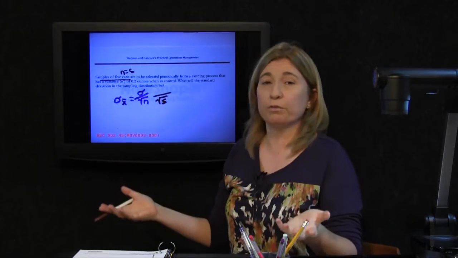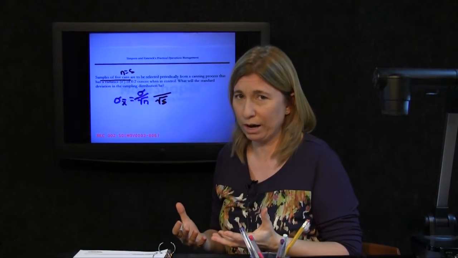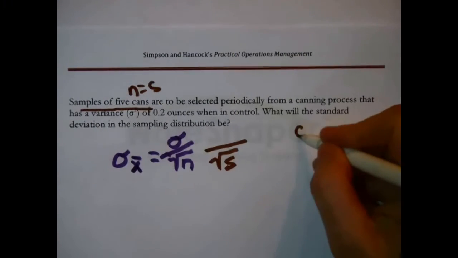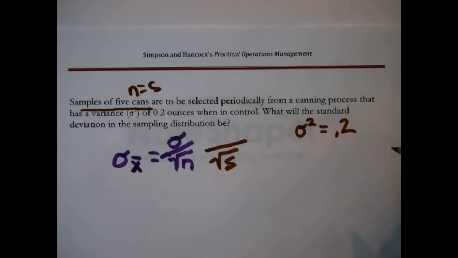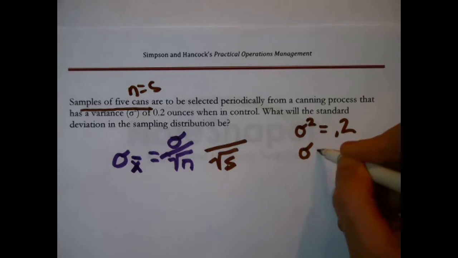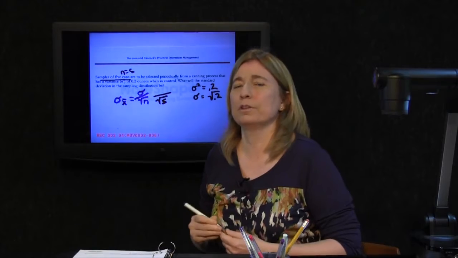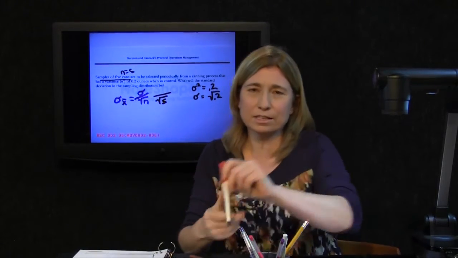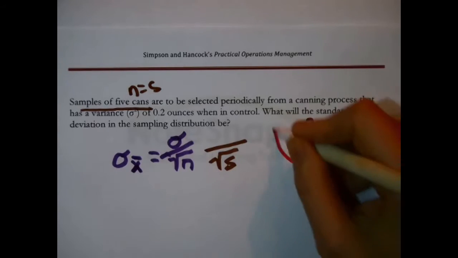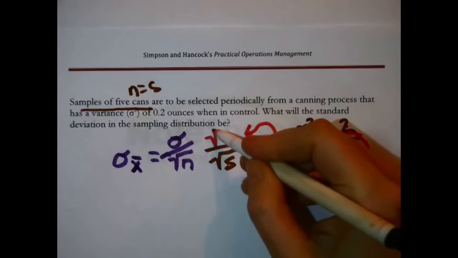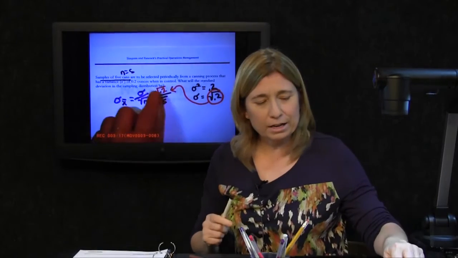To complete this formula, you need the natural standard deviation in the process. You've got sigma squared. That's what you were told. You need sigma. It's really simple. That's just the square root of that number that you were given. It's this number in this particular problem, not that one, that belongs right here. The square root of 0.2. Put that number there,